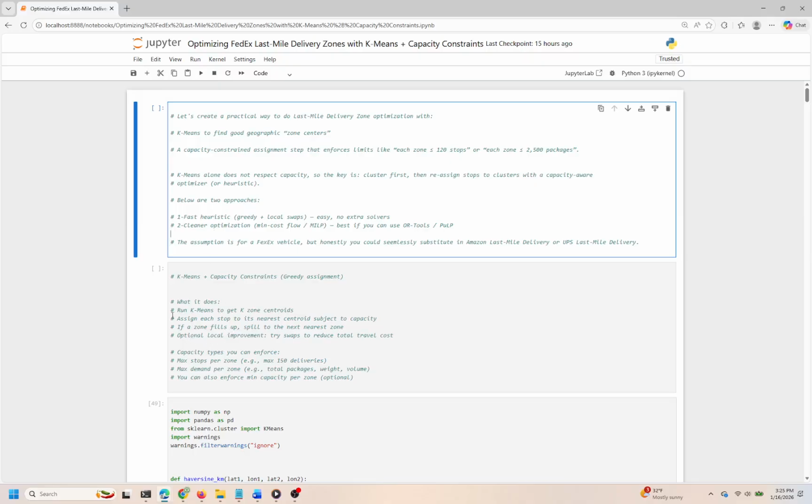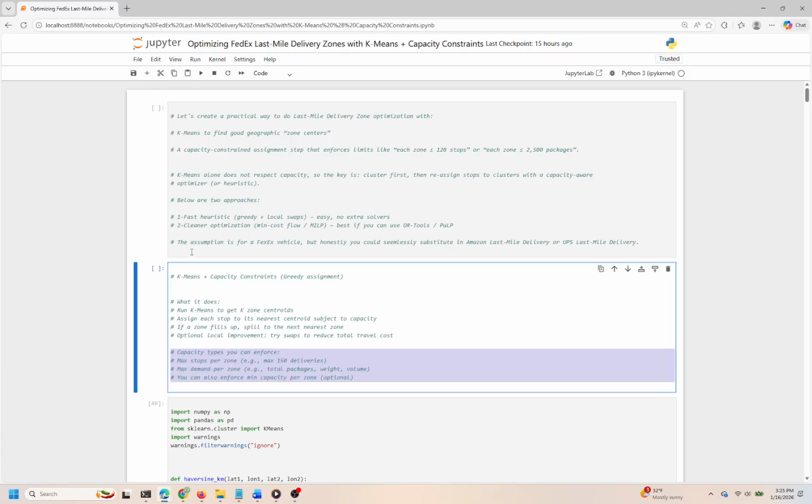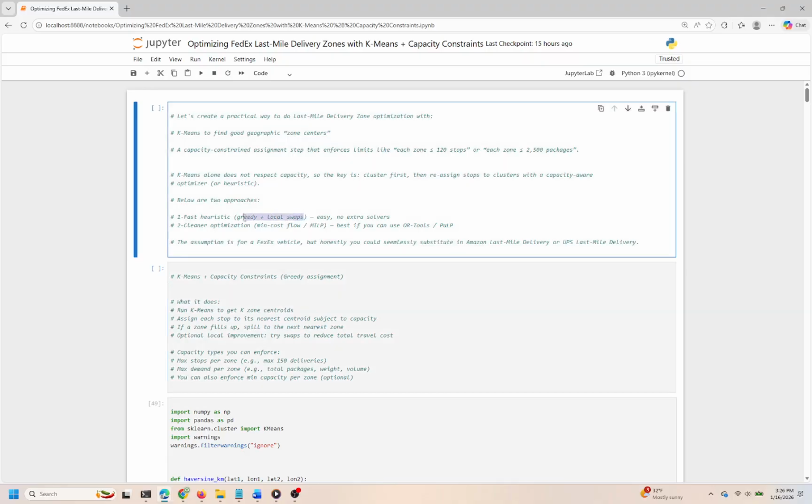We're introducing two different methods for achieving this reassignment of stops to clusters while enforcing capacity constraints. The first method is a fast heuristic approach that combines greedy selection with local swaps. This method is straightforward and requires no additional solvers, making it accessible for quick implementation. The second method is more refined and leverages advanced optimization techniques, such as minimum cost flow or mixed integer linear programming. This approach is cleaner and ultimately more effective, particularly if you have tools like OR-Tools or PuLP at